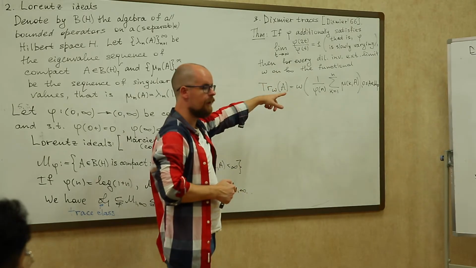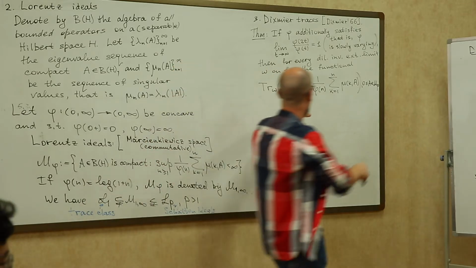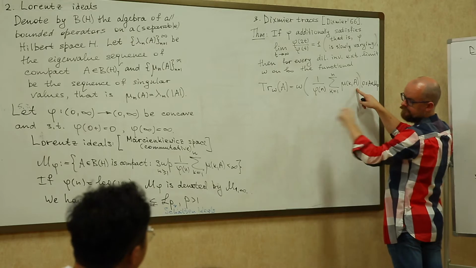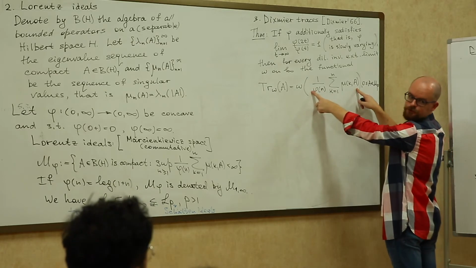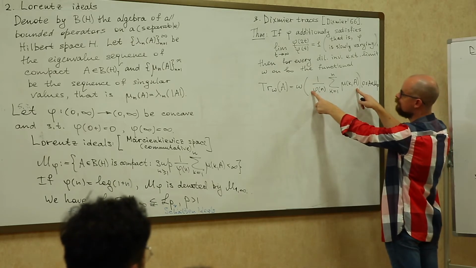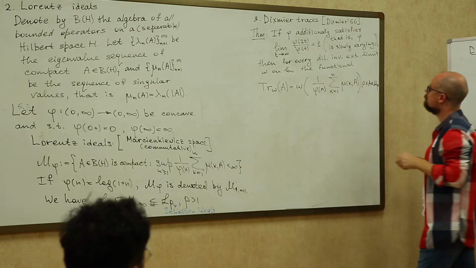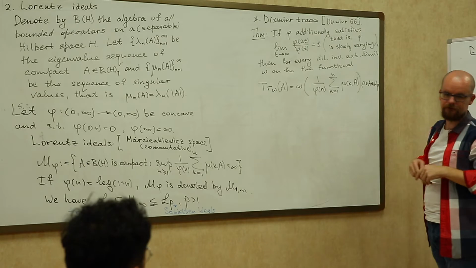So since we are on the Lorentz ideal, this sequence is bounded by definition, but it's not necessarily convergent. So we cannot use the usual limit, but we can use the extended limit. And if this extended limit is dilation invariant,